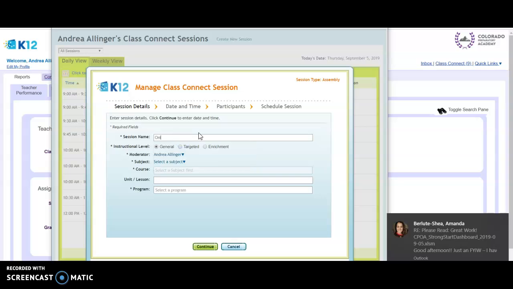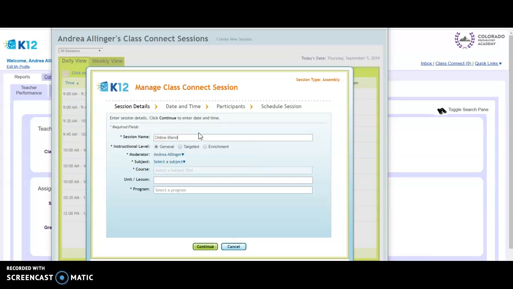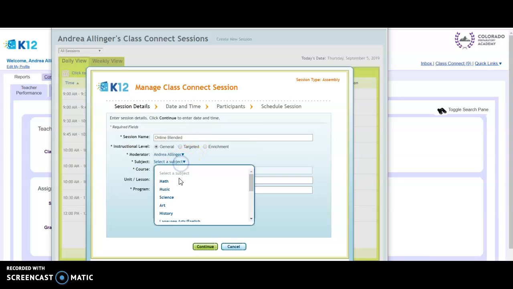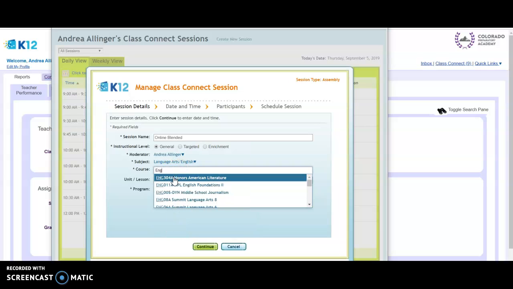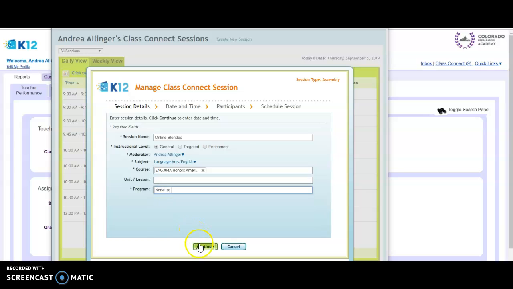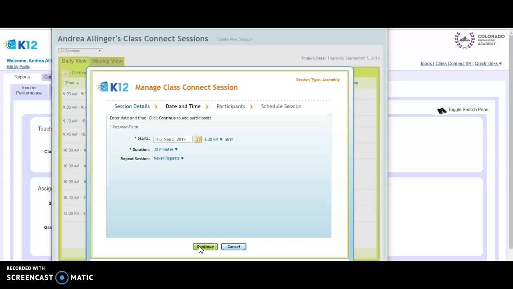And then I would simply put online blended. Subject, I always select my own subject. I think we all do. I've heard it doesn't really matter. So just as long as you are getting it scheduled kind of like normal,